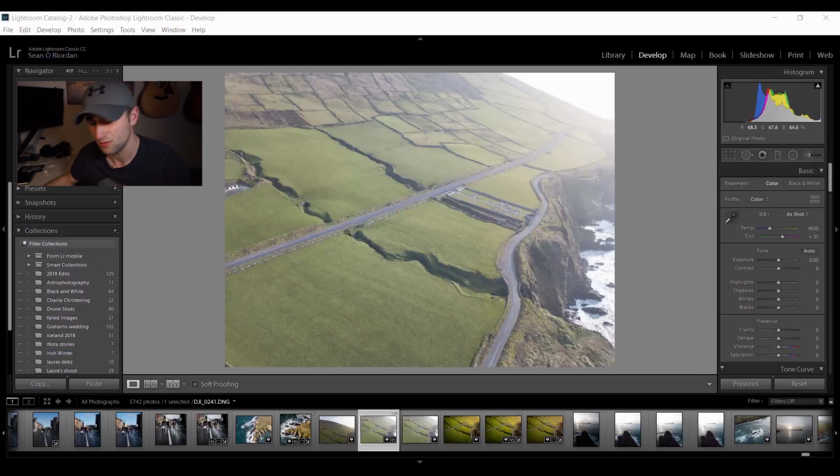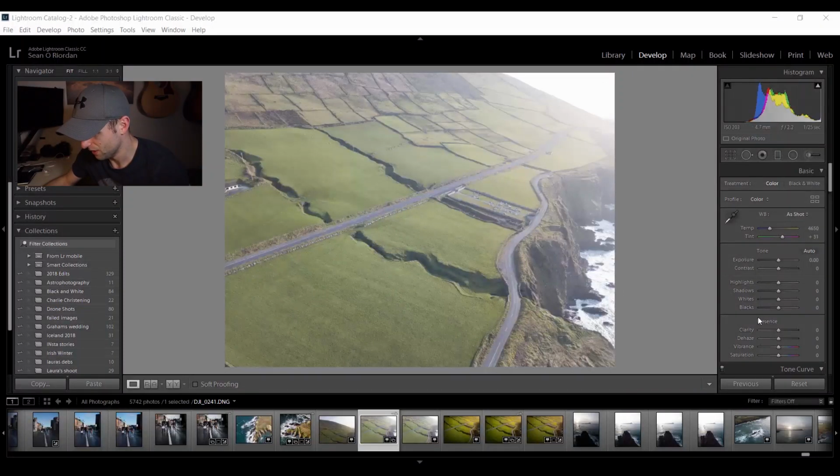Everyone was asking me how I edited it, so I'm going to show you how I edited it and why I shot it the way I did. I'm going to use Lightroom and maybe a bit of Photoshop. I'll see. So firstly, I started with